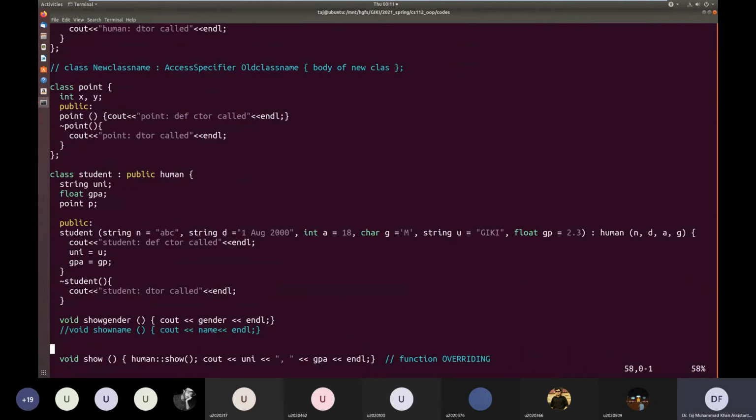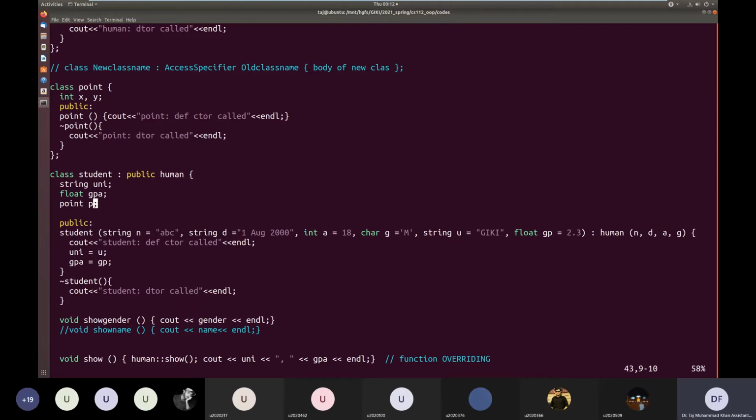And then in student we can add additional data that is specific to student. Okay. So similarly we can inherit different classes from human. Here it is student that is inherited from human, but let's say we have other classes which share the same particularities of being a human, so it will share all the data of class human plus those classes will have their own specific particular data.